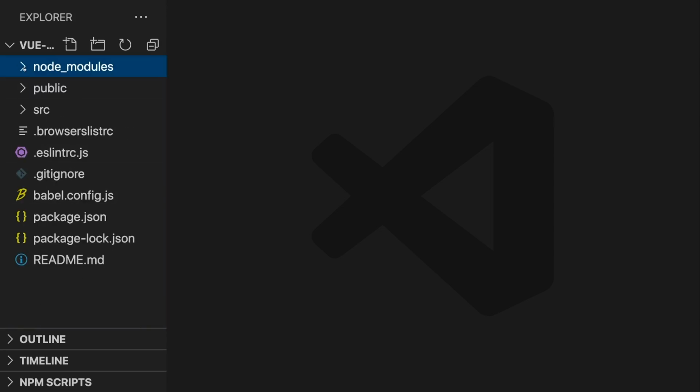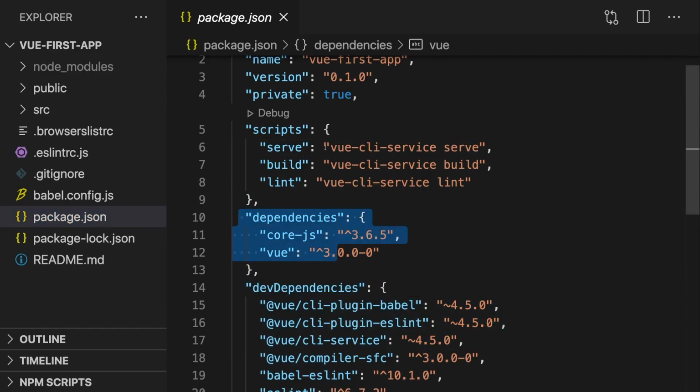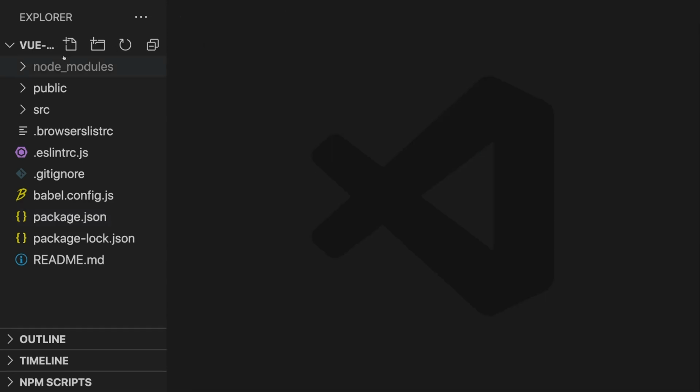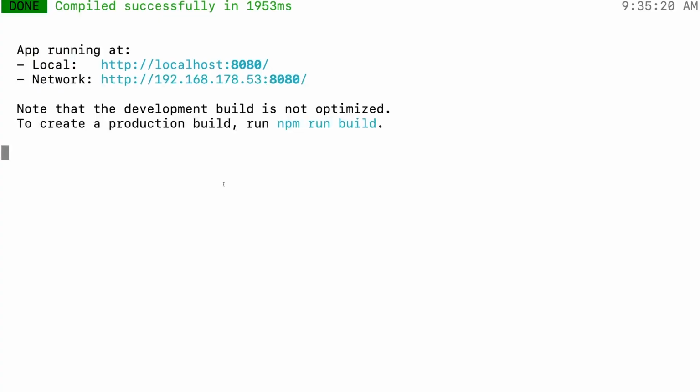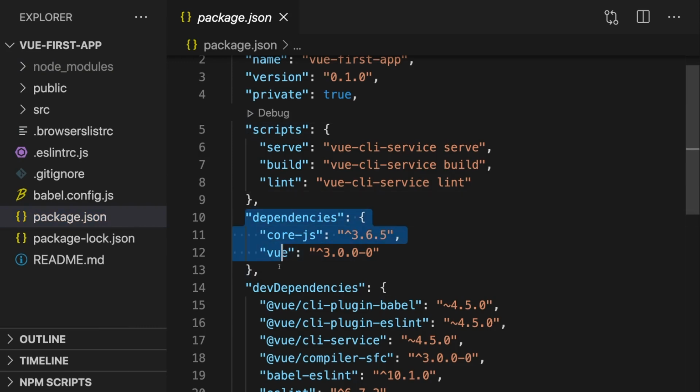Node Modules in the end houses the packages mentioned in package.json. Here we specify that we need them. npm, the Node Package Manager tool, which we installed together with Node, then in the end goes ahead and downloads those packages into our project and stores them in the Node Modules folder. It does that with a specific command you can run. In the terminal, if we quit that running development server, which you can do with Ctrl+C, you can run npm install to tell npm to have a look at package.json, download all those dependencies into a Node Modules folder, and